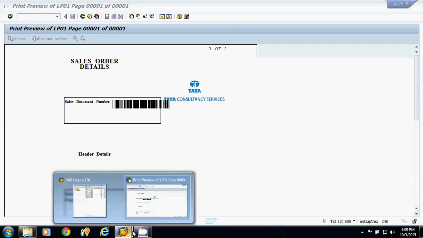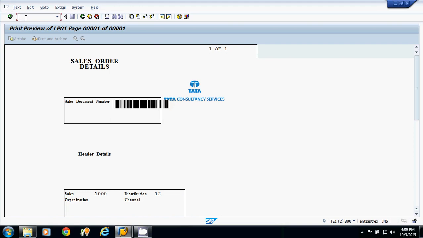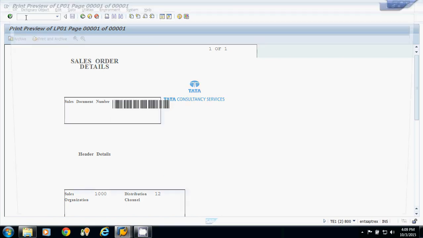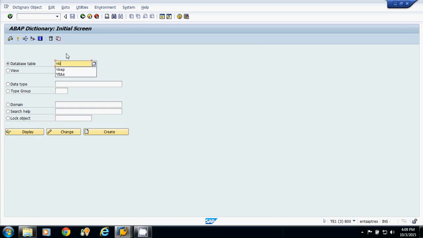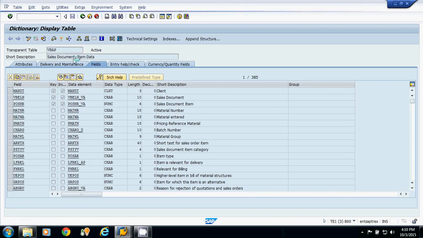Suppose now I am providing one input in which I have two pages. Now I am going for SE11 transaction code. I will check for the entries which will go on to the second page. I am going for contents.